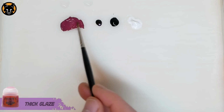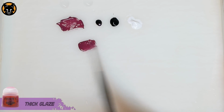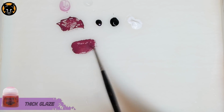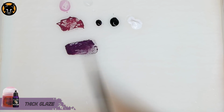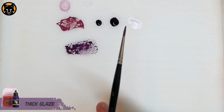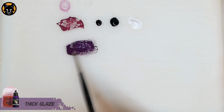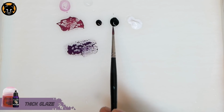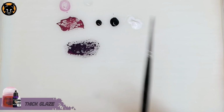Alright, so the next thing we're going to do is the jacket, and I'm going to do this in a sort of waxy purple, kind of like latex or a shiny leather. To begin, we're going to mix a bit of that violet ink into some Games Workshop Screamer Pink, and a little bit of black as well, just to darken it down a bit. We want this quite thin, so we'll add some water in there as well, just to make it essentially a